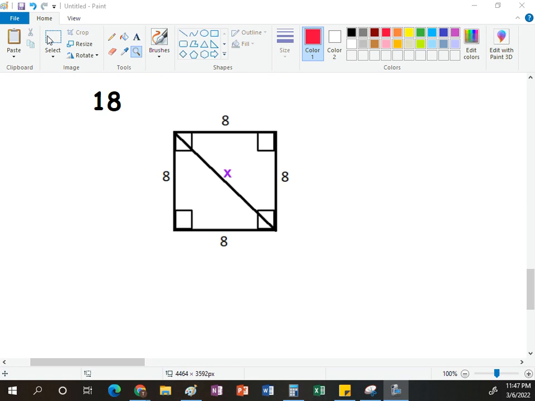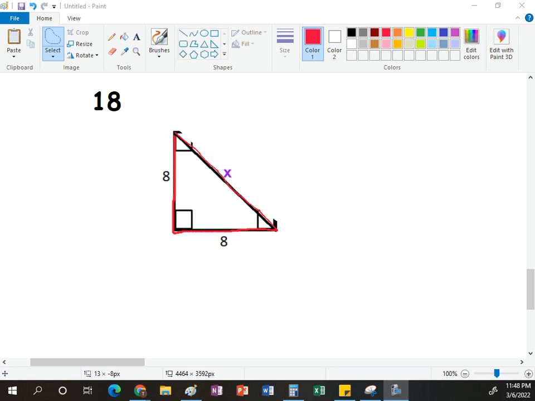For problem 18, this is the 3rd time this year we've seen this problem. What we have essentially here is a right triangle, and in order to find x, say this is a right angle and x is the hypotenuse. So in order to find x, we've talked about a couple different ways we can do this. And probably the easiest is to just do the Pythagorean theorem, 8 squared plus 8 squared, and take the square